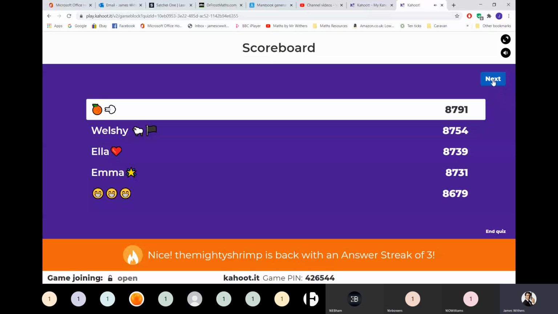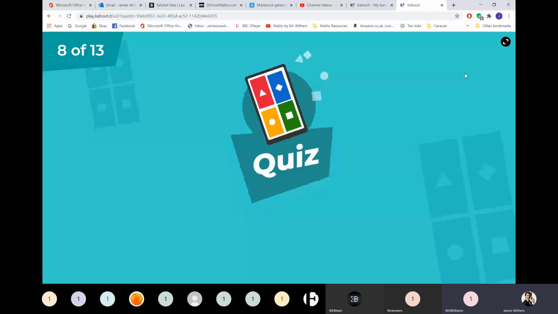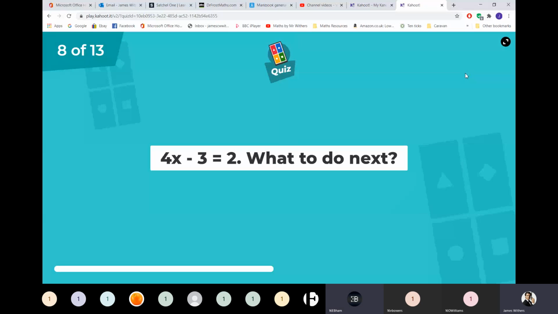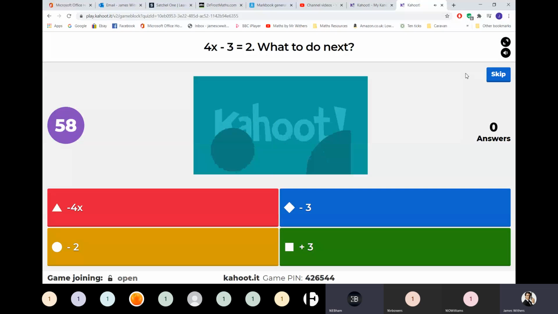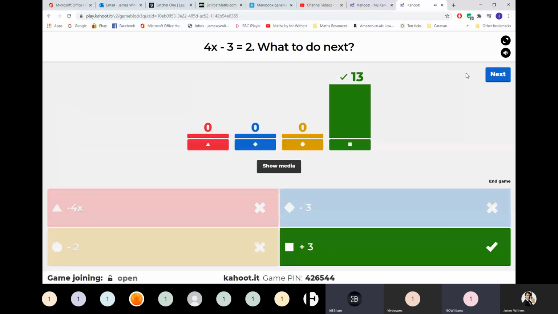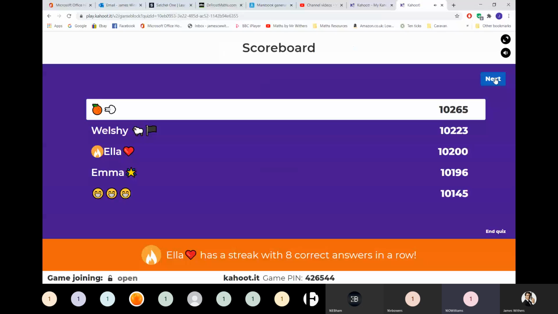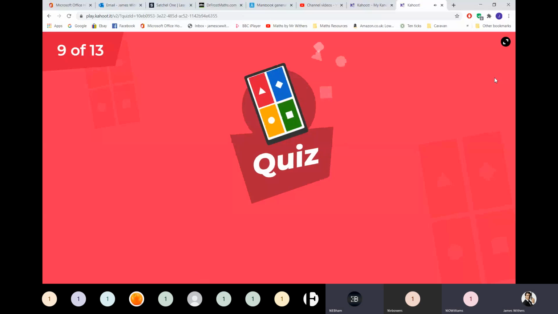So that's I think Welshie just narrowed the gap a bit there. Yeah, it's because of the speed I'm pressing. Okay, then obviously this is just carry on quickly. Going to blow the whistle at 50 seconds. Oh, still 2 seconds. That's just some speed on my part. Good. Both top 2 were very quick there.